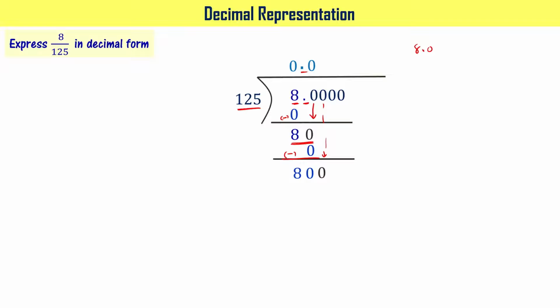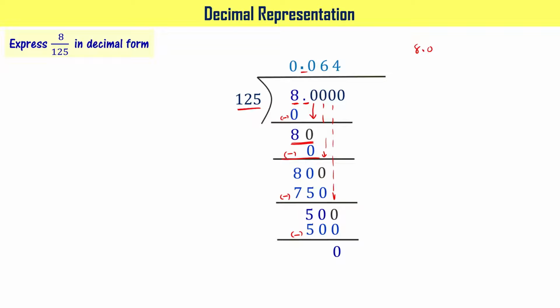Now you start multiplying 125 with 2, 3, 4, 5 and so on, so that 125 times 6 is 750. Now let's subtract 750 from 800. When you do that, you have the answer as 50, right? So now let me bring this particular 0 down. Once that comes down, 50 has become 500. Now 125 into 4 is 500, right? Subtract 500 from 500. So you got the remainder as 0, right?